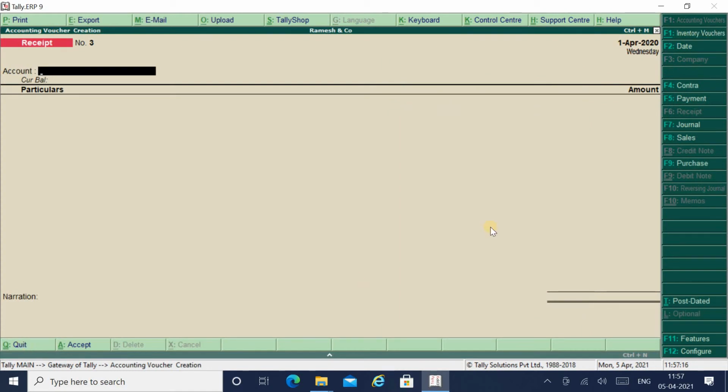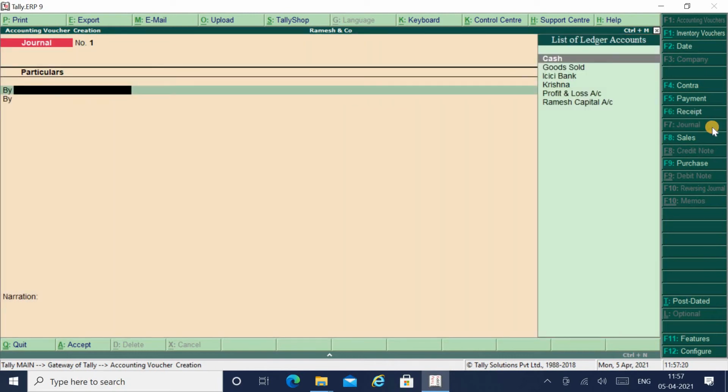So it will be your discount paid. Now how do you have to make this discount paid entry? Remember that it's not a payment or a receipt, it's an adjustment entry. So you have to make this accounting entry in the journal voucher. So press F7. So how will our accounting entry be? Expense account debit to customer account. It means discount paid account debit. Discount paid is our expense, so it should be debited. So discount paid account debit to customer account.